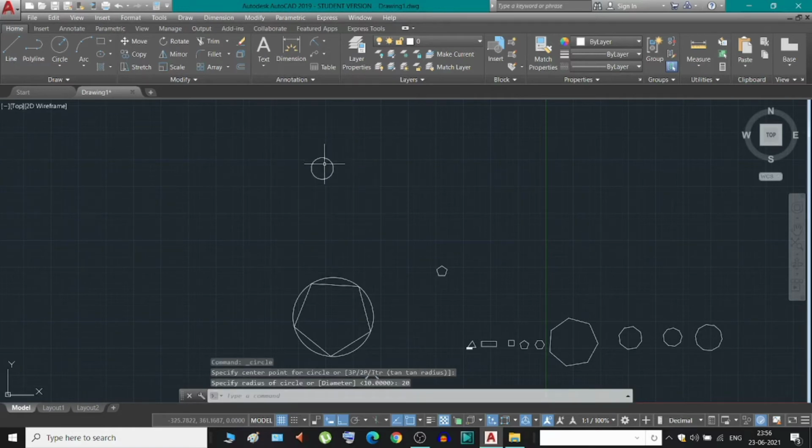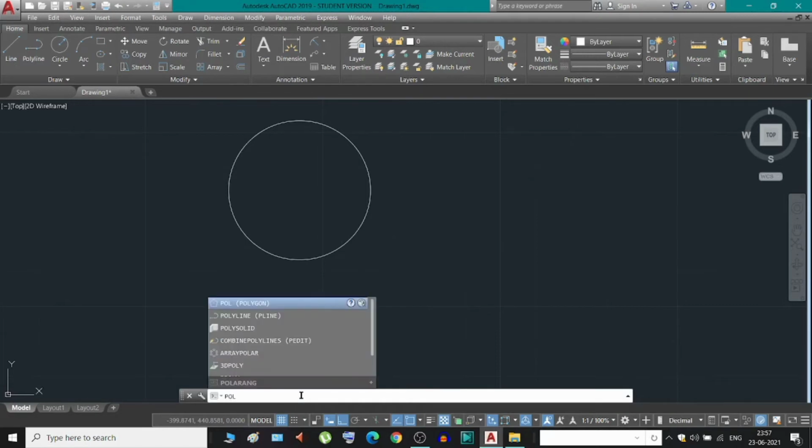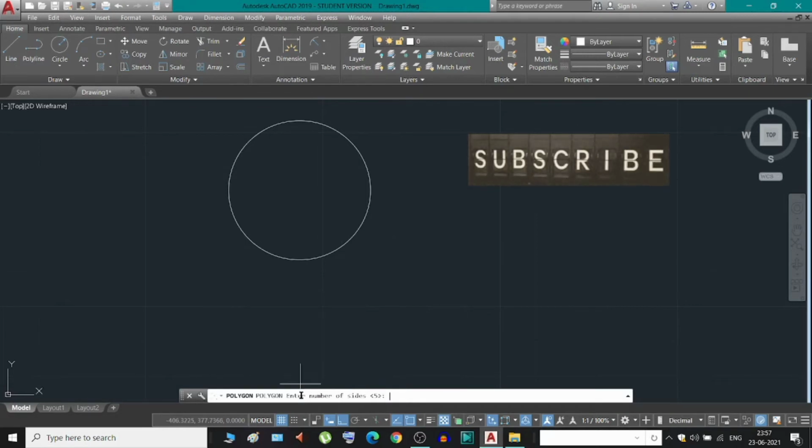So this is our circle, and first we have to create a polygon inside the circle that is inscribed in the circle. To do that, first we have to type POL, select polygon, enter the number of sides. For example, I am putting here 5, press enter.